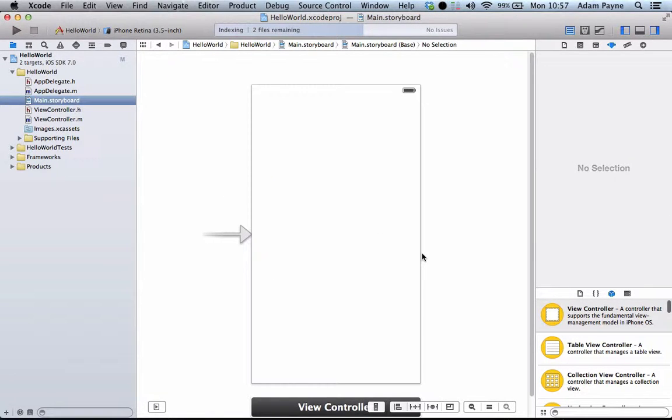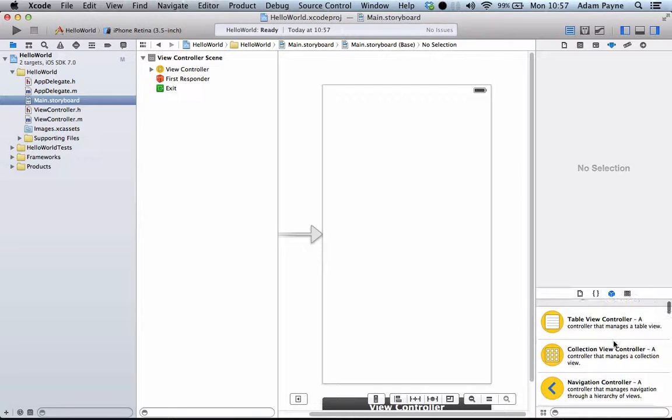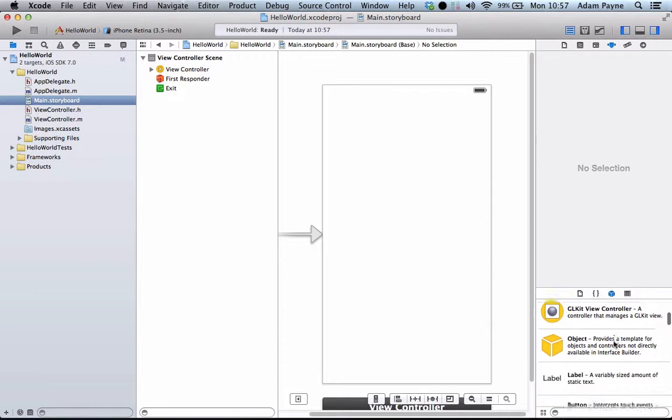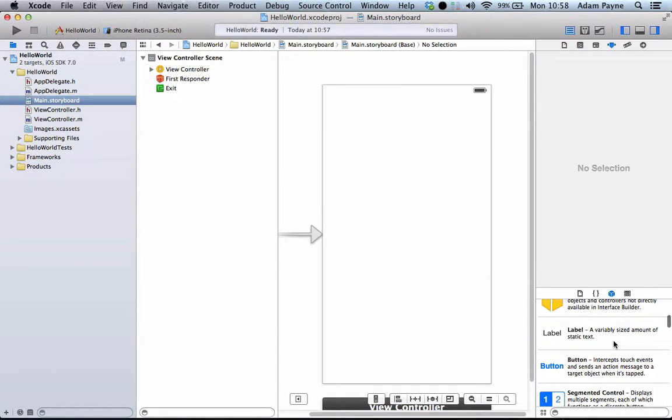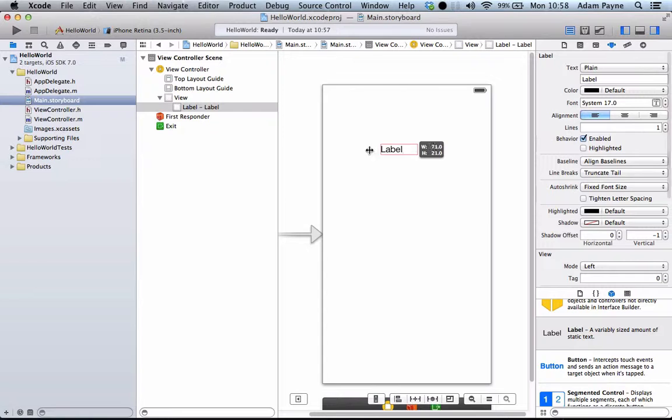Now what you notice is this looks like an iOS application or a screen. That's because it pretty much is. Storyboard allows you to create things as you go along. If you look down in the bottom right hand corner, there's loads of different UI elements that can be added, but for this tutorial we're just going to add a UI label, which we'll put up in the middle here. We'll make it wide,